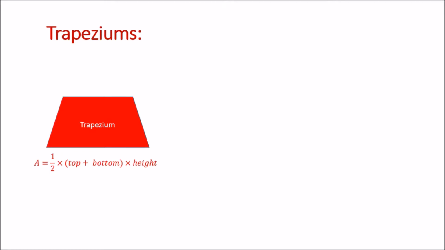In this video, we're looking at working out the area of trapeziums. What makes a shape a trapezium? Well, importantly, two of the side lengths are parallel to each other. So this top length here is parallel to this bottom length here, and we usually show that with the single